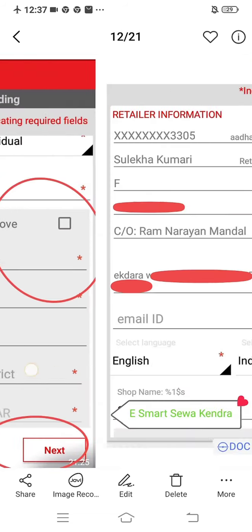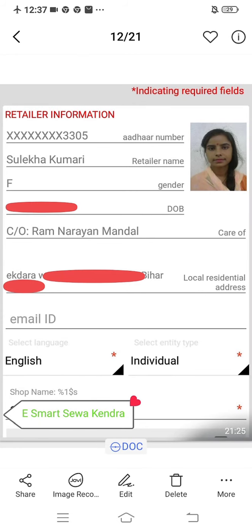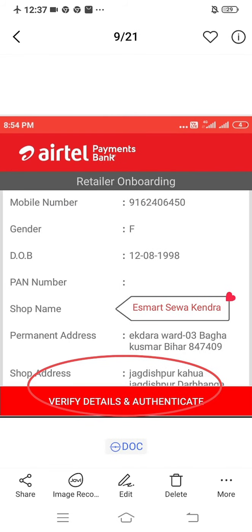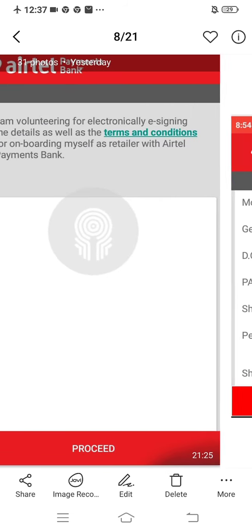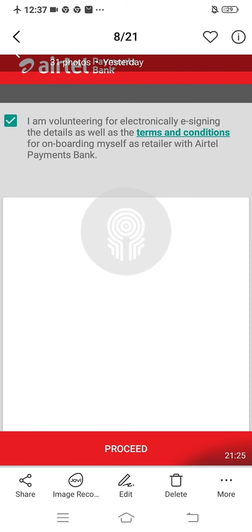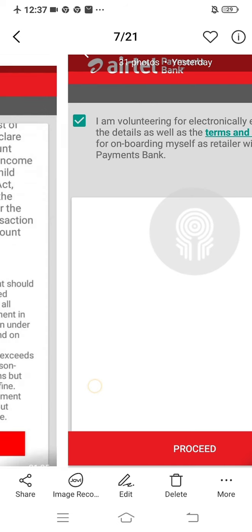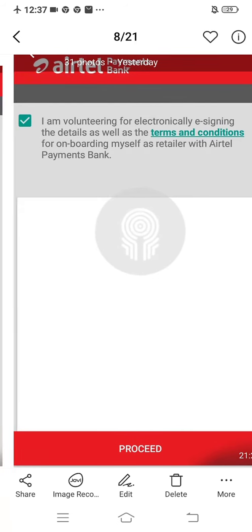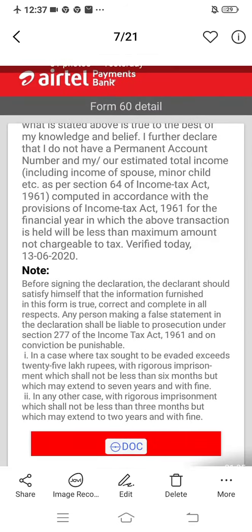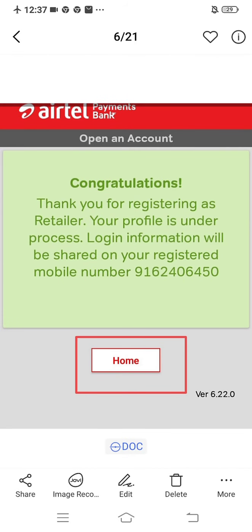As soon as you submit, the information appears overall in a summarized manner, and you need to verify the details and authenticate once more. The finger impression needs to be captured again, and by capturing it you move to the next screen, where a message says your registration has been done successfully.